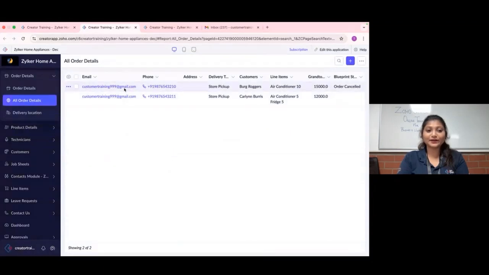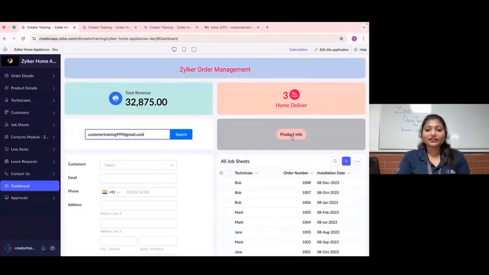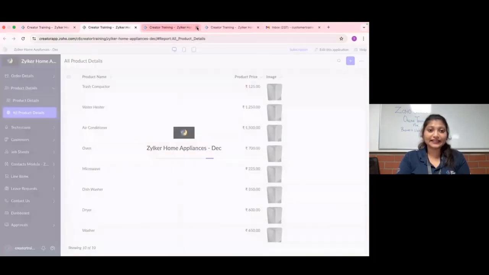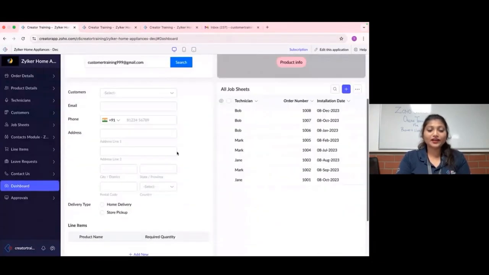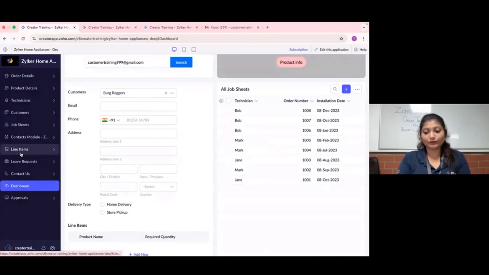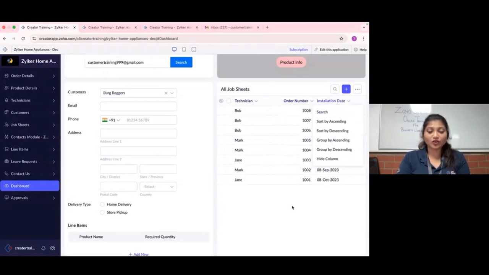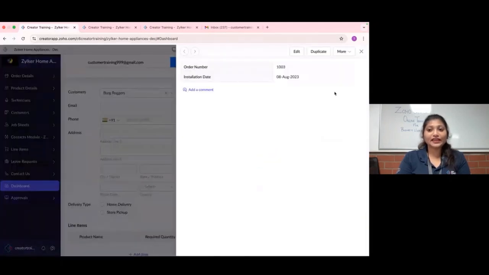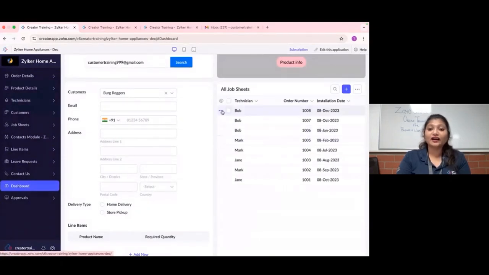So wherever this data is available, it will take you to that particular report, right? Same, if you click on this button, it will open the product details report. And over here you can submit the data and this data will be automatically added, and you can view them in your report itself. And these are the information that you can see for all the job sheets. So you can see the technician, the order number, the installation date, all this information, right? Since we have not hidden any of the actions, which is edit, duplicate, delete, we can view them within the